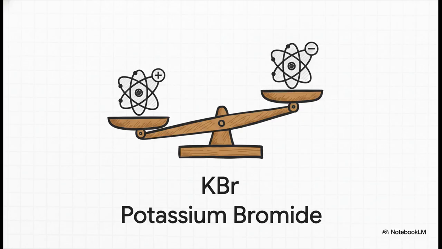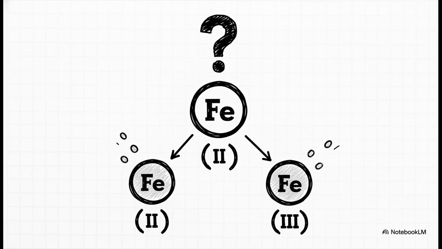You're getting this. Now, like with any good system, there are a couple of special cases we gotta know about. Some metals, especially those transition metals right in the middle of the periodic table, are a bit tricky. They can have different charges. Iron, for example, can lose 2 electrons or 3. So to be super clear, we have to spell it out with a Roman numeral in the name, like iron